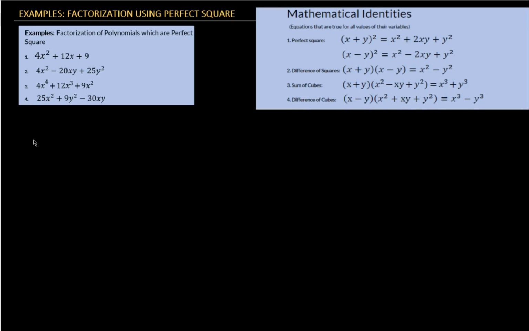Okay, now we are doing 4 examples of factorization using perfect squares. So we have two identities for perfect squares: (x plus y) whole square and (x minus y) whole square. So we are given with terms like this, x square plus 2xy plus y square. So we have to identify what are the values of x and y,